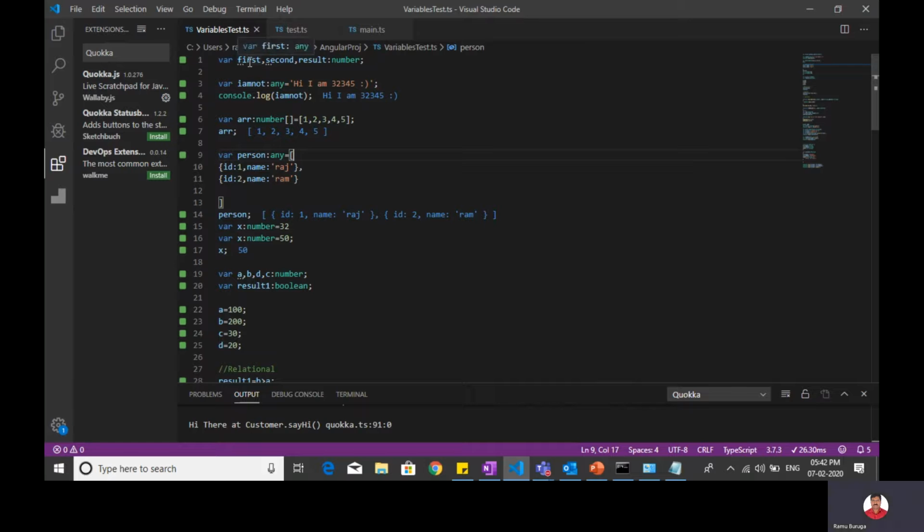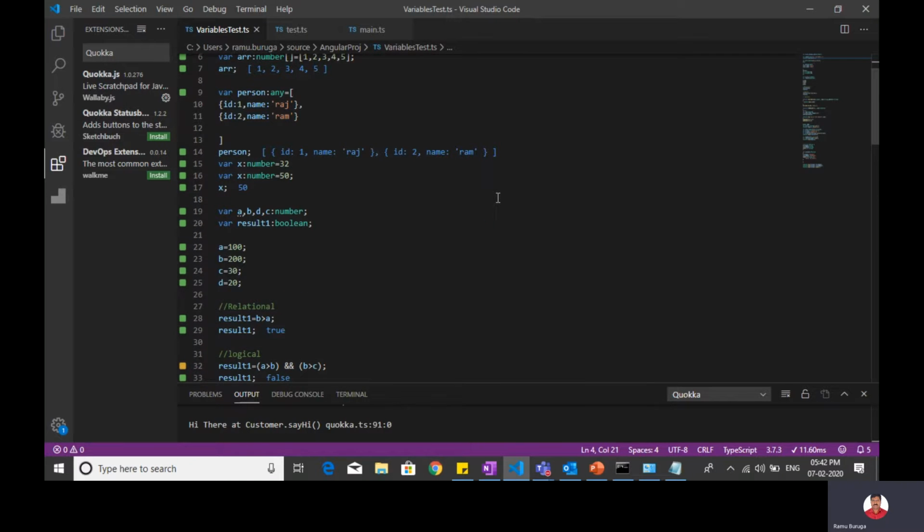I have declared this, I'll come to this part later. But this is the output being shown. Normally you would get this in your console log, but here it is showing the output in blue colors.